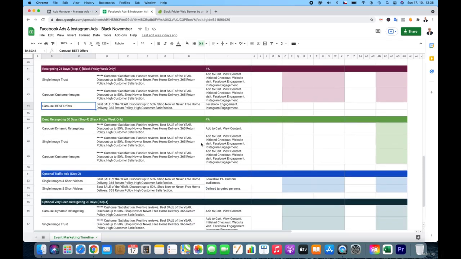And as you can see, what we will be doing only during Black Friday is what I call deep retargeting. So we will go with dynamic retargeting, with single image trust, and with carousel images trust. We will go really deep. We will go up to 60 days for add to cart, view content, started checkout, Facebook engagement, Instagram engagement, and